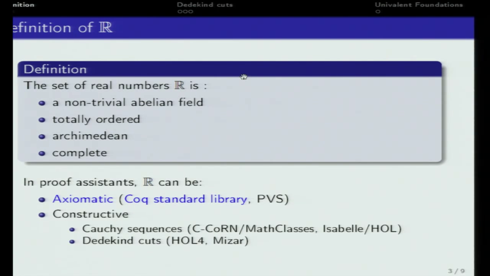To return to the Coq proof assistant, there is also in the standard library an axiomatization of real numbers, and then constructive real numbers are built. And there is also a library named CoRN with real numbers built using Cauchy sequences. And now I will focus on the Dedekind cuts. The libraries existing in Coq